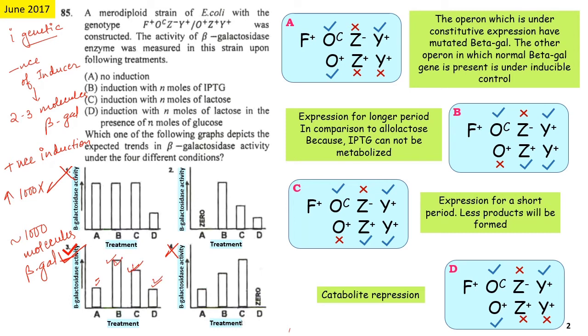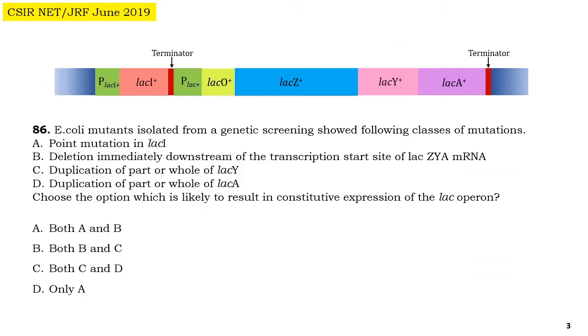No. In fact, the expression or activity of beta galactosidase is around 1/3 of what we can see in case of IPTG and lactose. This graph is not clearly representing what is the actual condition when there is no induction and when there is induction. Okay, so this could have been used as a benefit of doubt, as this graphical representation is not correct. So this question has been asked in CSIR June 2019, and this lac-operon gene organization was not in the question. I have put it here so that it will help us in solving this question.